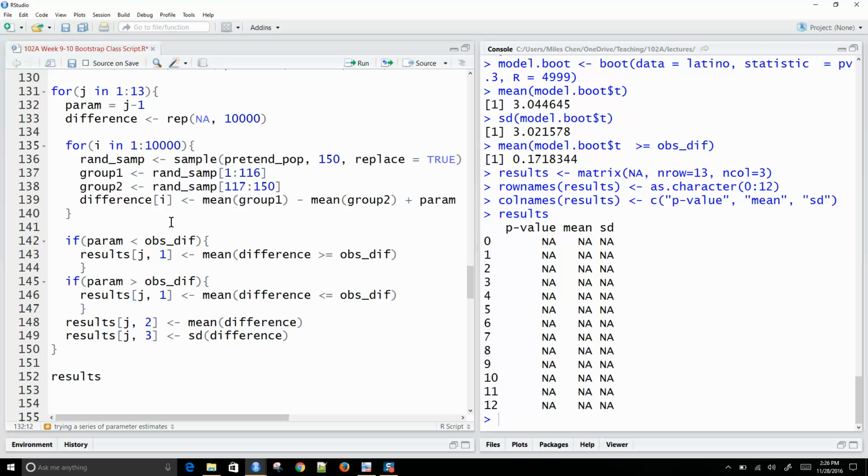When we calculate the p-value, it is what percentage of the differences are greater than or equal to our observed difference, or less than or equal to our observed difference. It's going to switch from greater than to less than when the effect size crosses over our observed difference. While it's smaller than our observed difference, we're going to look at the area to the right. And when our parameter effect size is greater than the observed difference, then it's going to look at the area to the left. So we run this, and this is going to run 10,000 replications 13 different times,